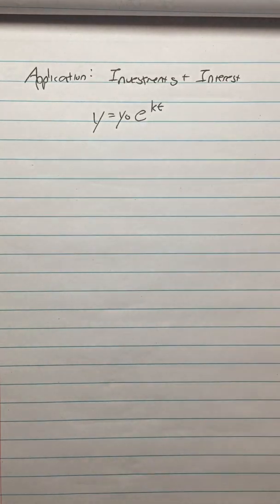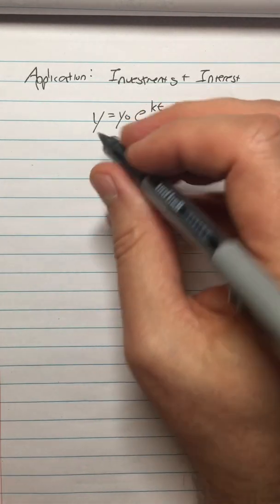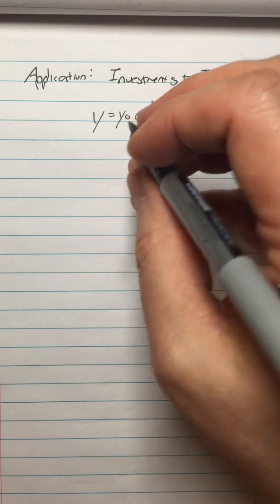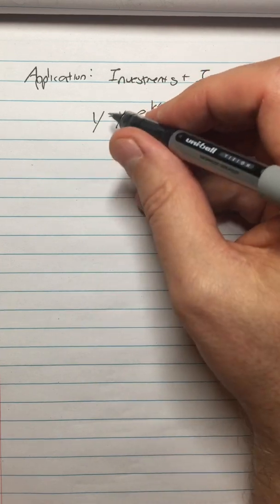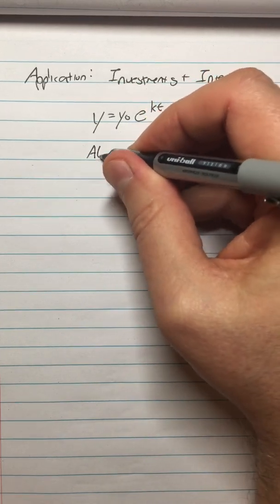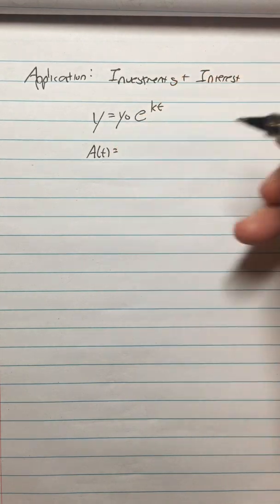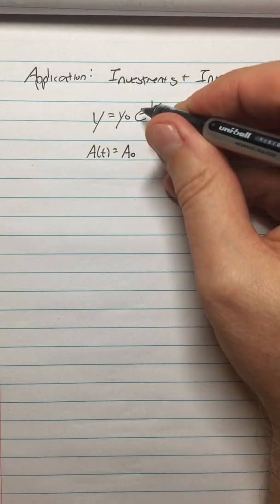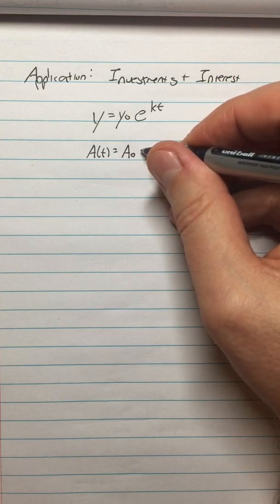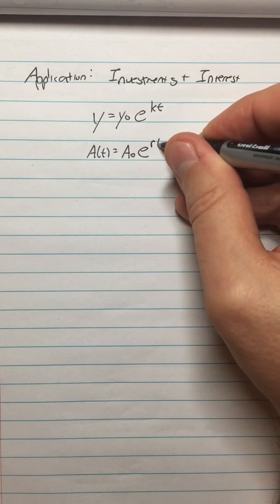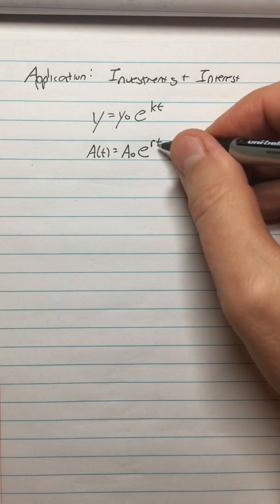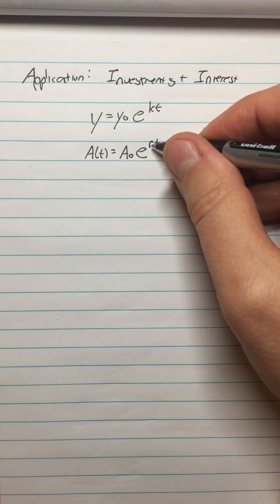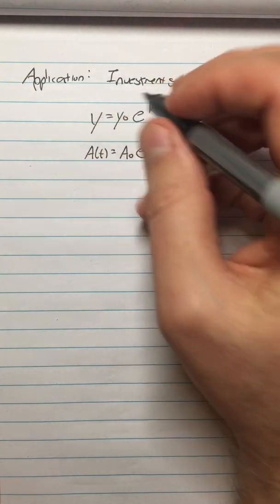For some people who have done a little work with continuously compounded interest, you know that we're going to use A of t to represent the amount in the account, and then we're going to use A0 to represent the initial amount in the account, and then typically we use R for interest rate. But the R of interest rate in this applied problem is the K of this general